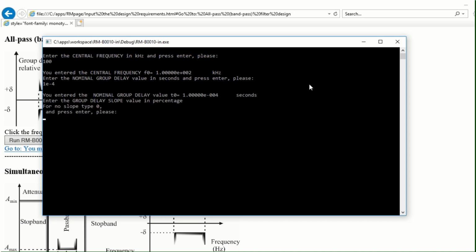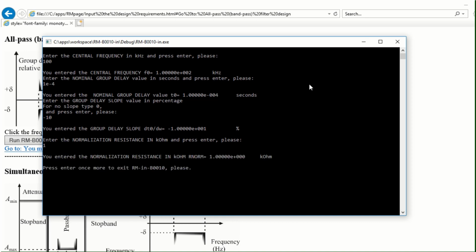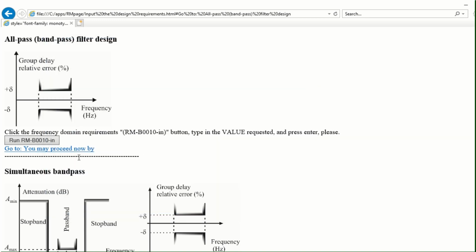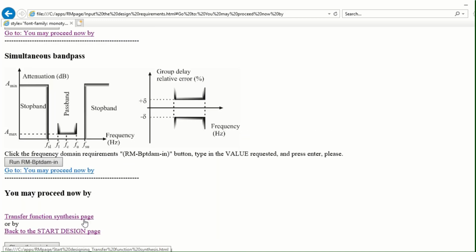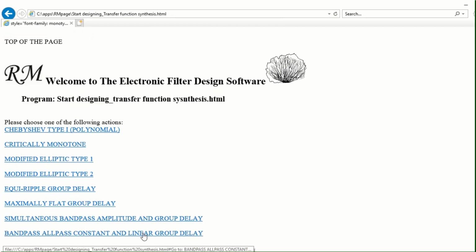Then we will use negative slope of -10%, and normalization resistance of 1 kilo. That will be all. And now we may proceed with transfer function synthesis of a bandpass, all-pass, constant, and linear